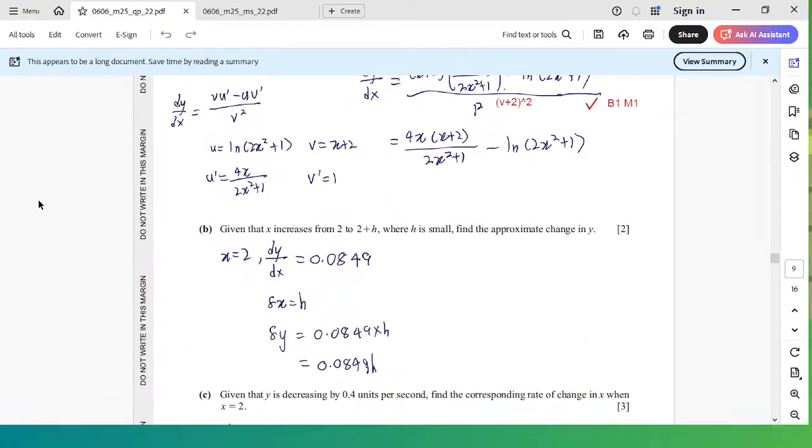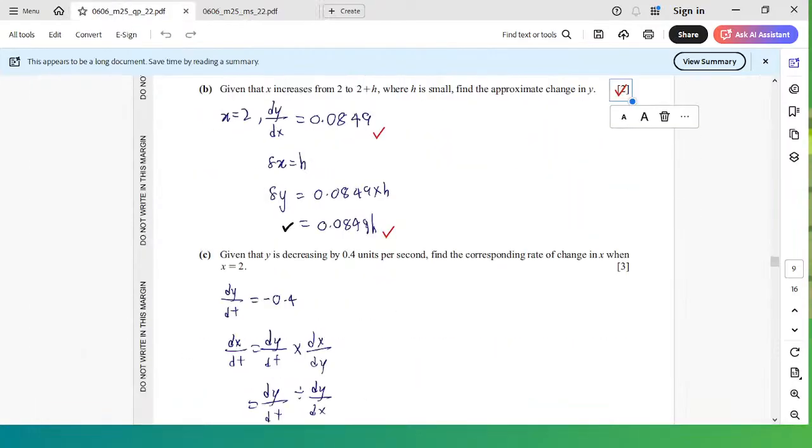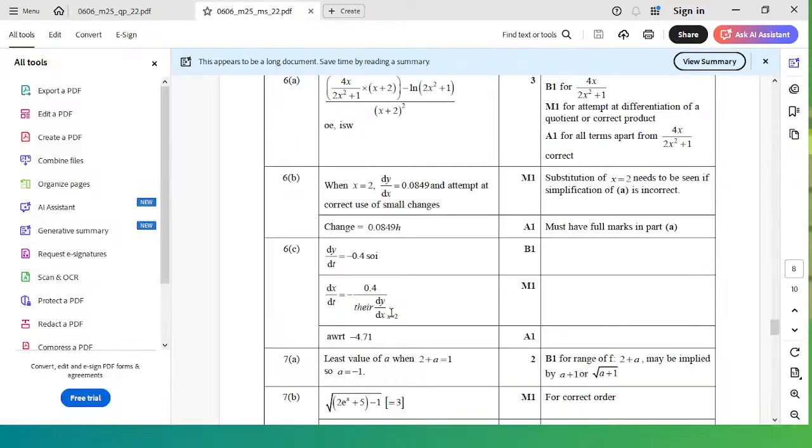The annoying part is that I wouldn't have realized because I did this by calculator and I wouldn't have seen it. But because I did this with calculator, these 2 marks are given to me. They are B1 and M1A1, so 0.0849. So negative 0.4 dy/dx divided by dy/dx equals 2, giving me 0.0849. Now, I take 0.0849 from here and then